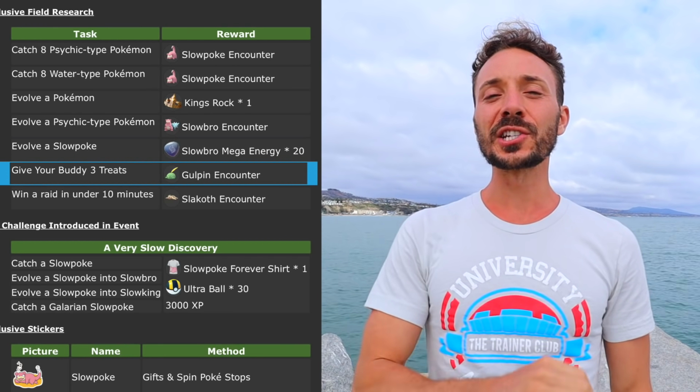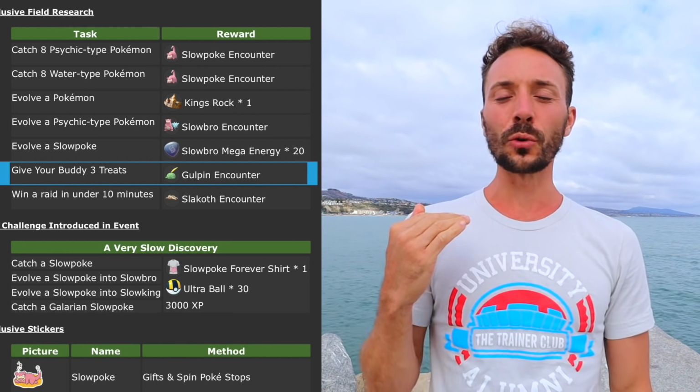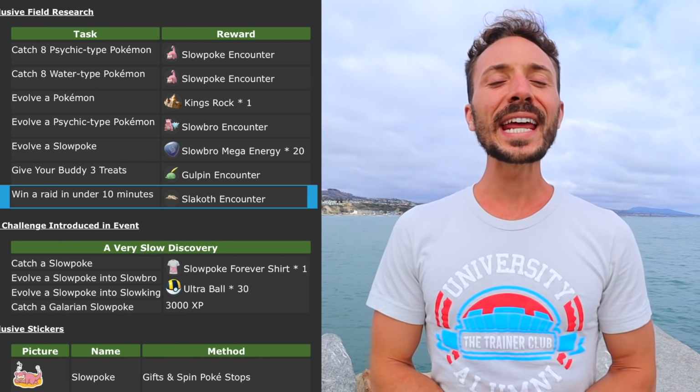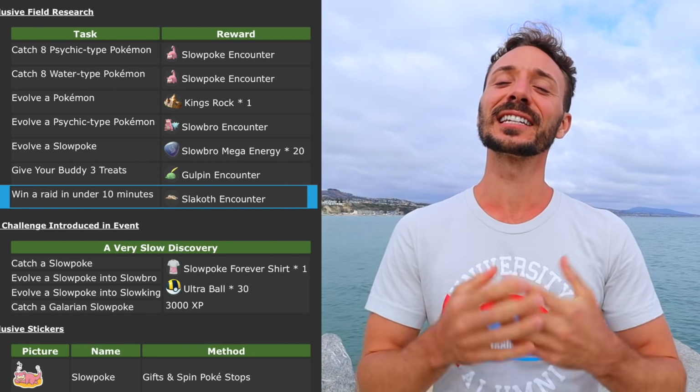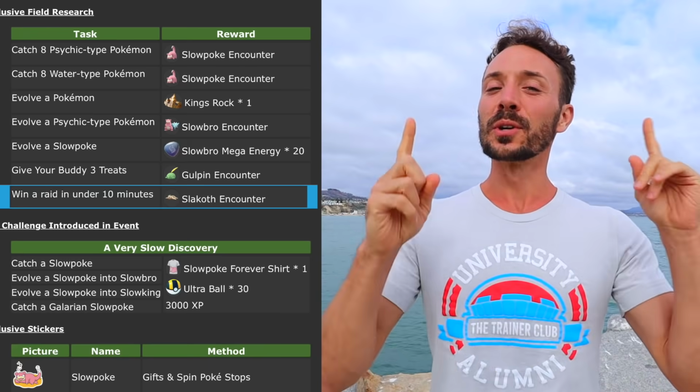Give your buddy 3 treats. It's going to be a Gulpin encounter. Totally just ditch that task. And then we have win a raid in under 10 minutes. First time I've ever seen this task, it is going to give you a Slakoth encounter, which does have a shiny,